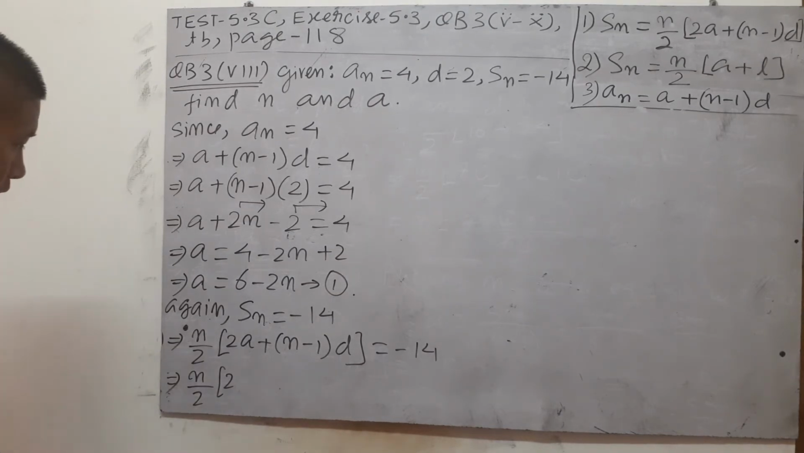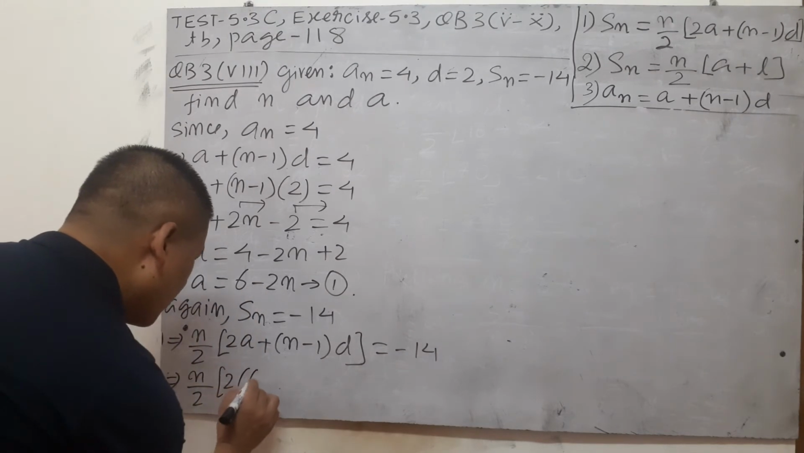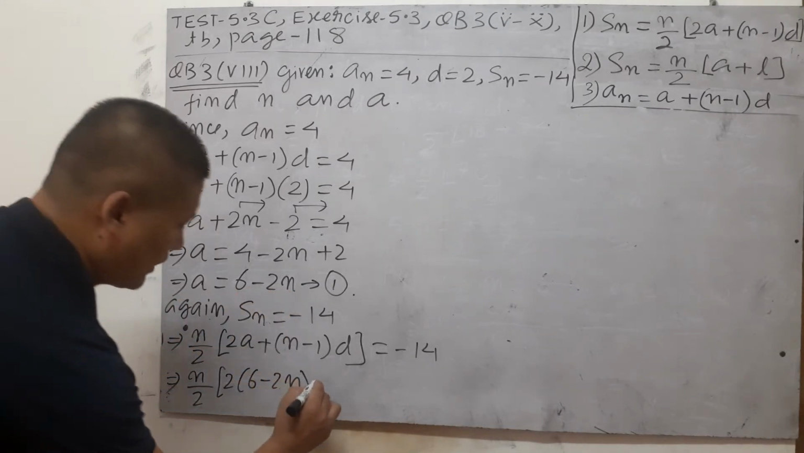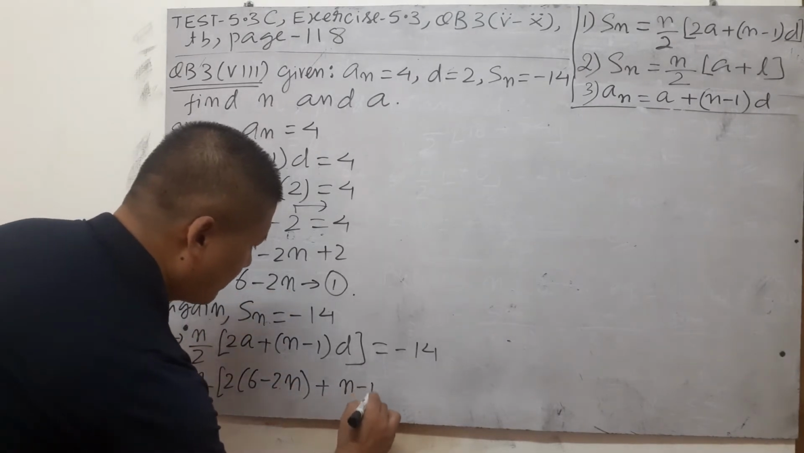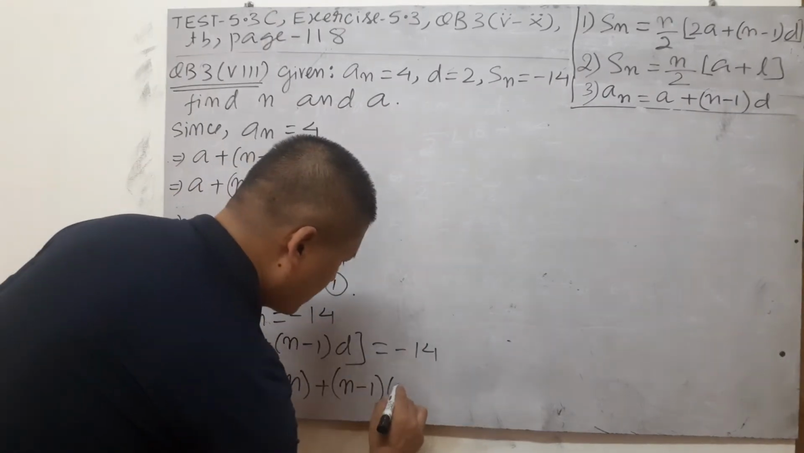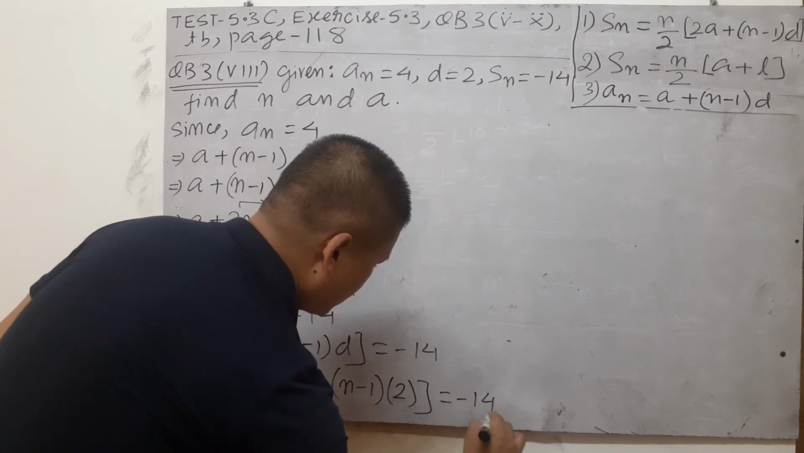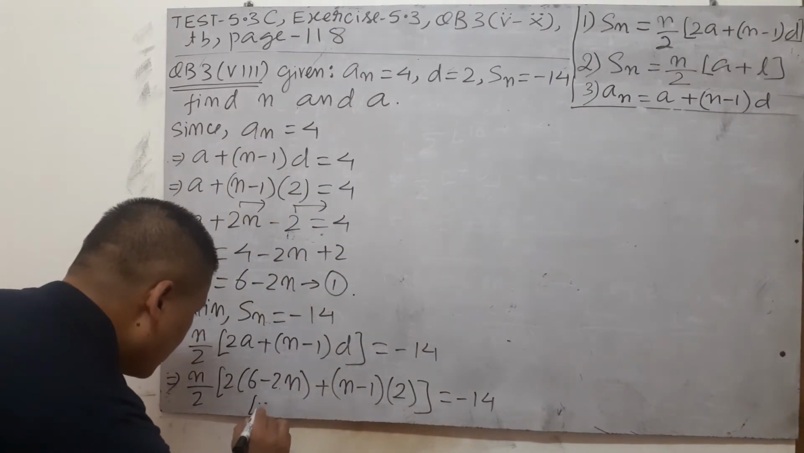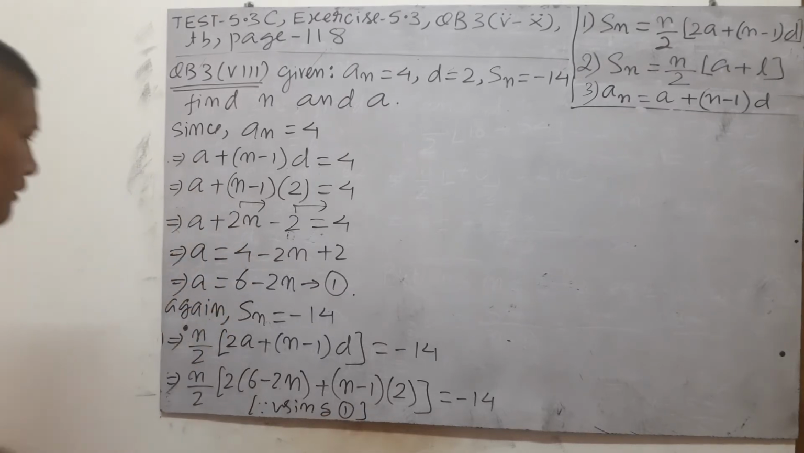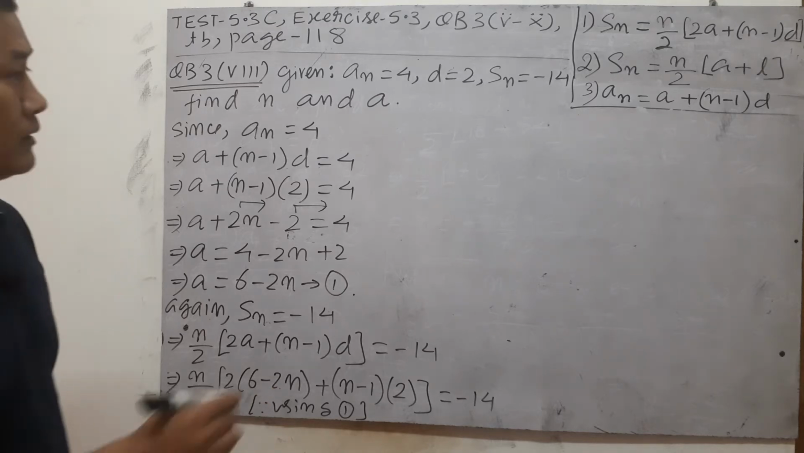So this a can be replaced by this one, 6 minus 2n, replacing this a, then plus n minus 1 into d value here is 2. So close the bracket, is equal to minus 14. We can write here, since using value of equation 1, 6 minus 2n replacing this a. And next that gives you